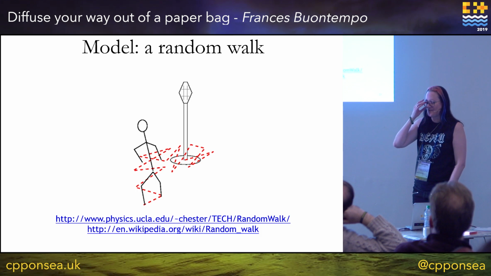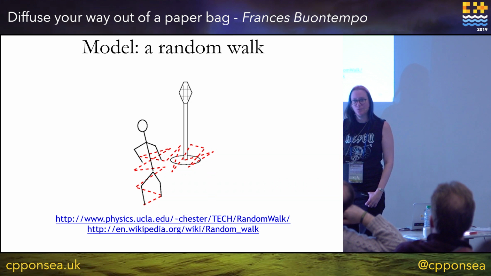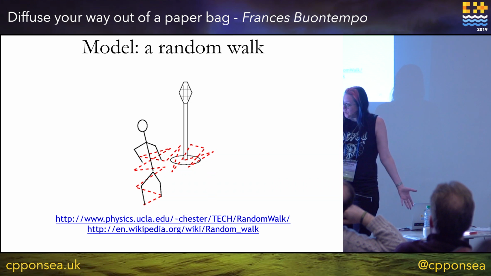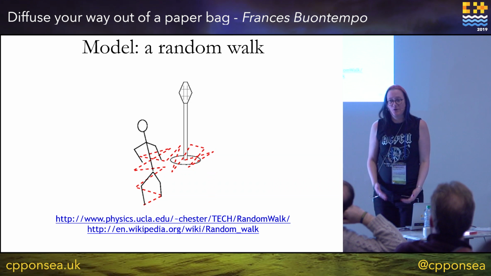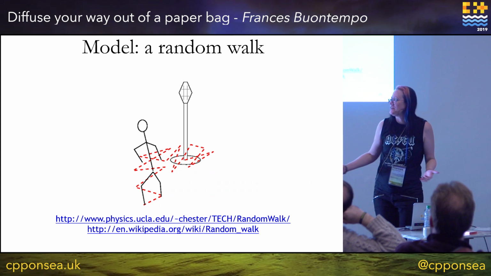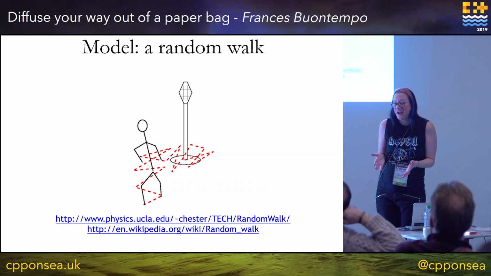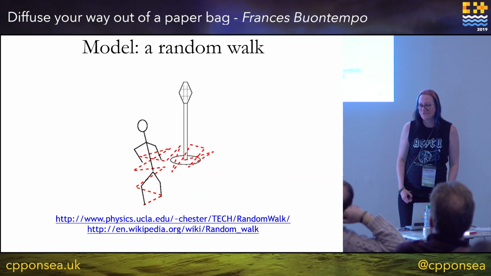Let's introduce this maths model. Anyone come across the idea of a random walk before? Cool. So, I'm where I am now. Simplest type of walk, I could go one step one way and be blinded by the shiny light. And I promised the recording guy I wouldn't move too far, so I could go one step the other way. So if I can just go one step left or one step right, and each is equally likely, on average, I haven't moved at all. Which is one important property of a random walk.